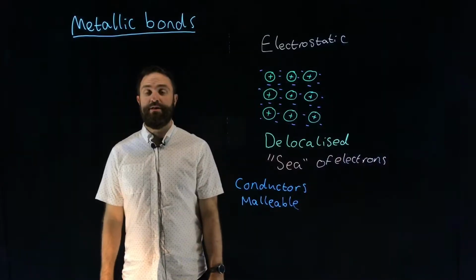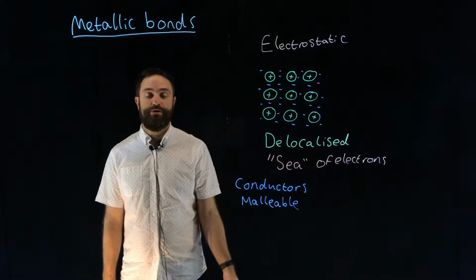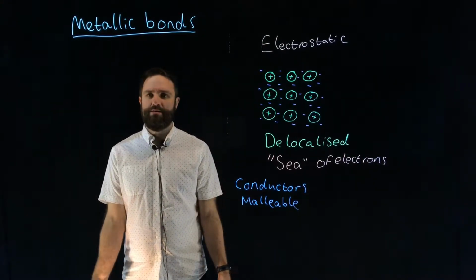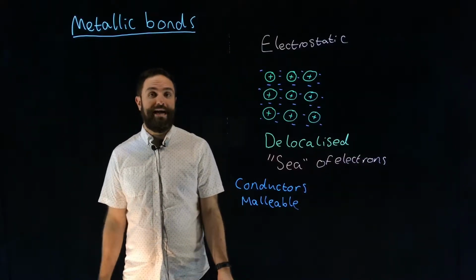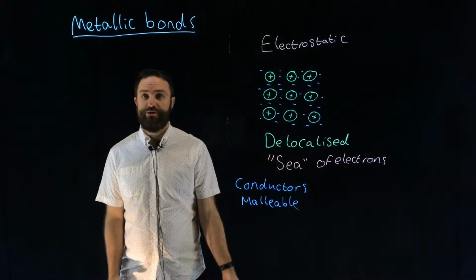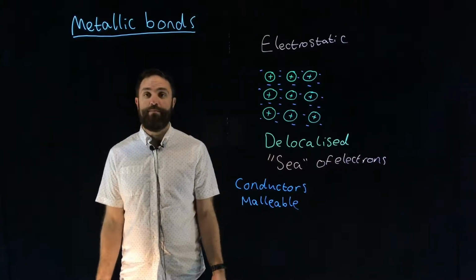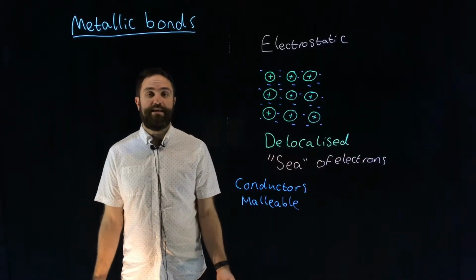We've previously covered the kind of bonds that form between a metal and a non-metal and between two non-metal atoms. What about when a metal and a metal are bonded together? Well, they don't actually form any kind of chemical bond. If they're two different metals, they form something called an alloy. And if we're talking about a pure metal, such as iron or copper, the atoms in that are held together